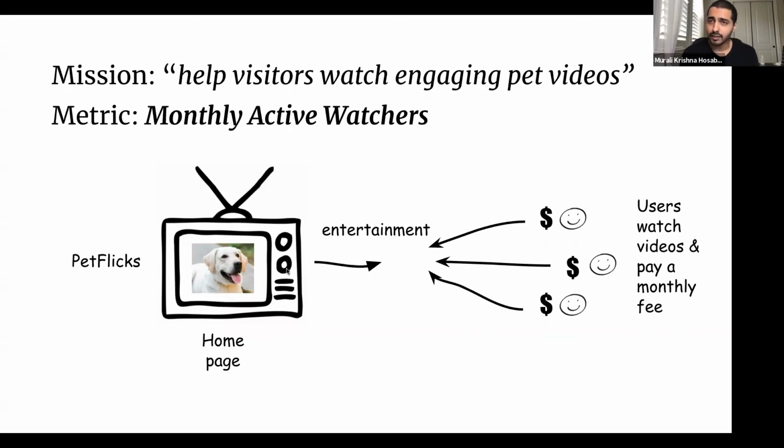Another tip in terms of thinking through your metrics and picking a North Star metric, always go for a metric that is simple. And it's usually better to pick a volume-based metric like a monthly active number, for example, than something that's more a percentage. For example, one metric you could think about here is conversion rate, like of number of people who land on the homepage, how many of them watch a video. It's probably something you want to measure, but it's not a great North Star metric to have, because it doesn't